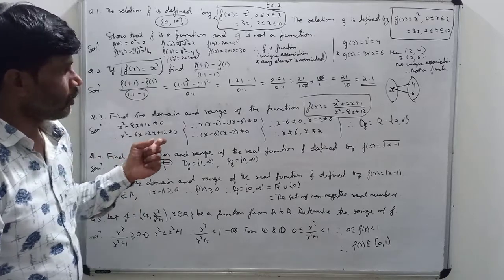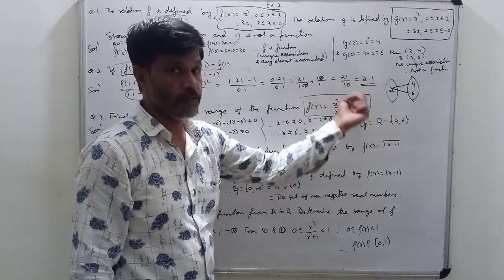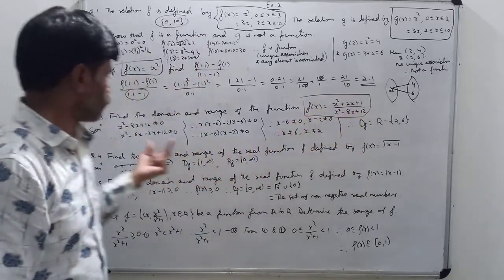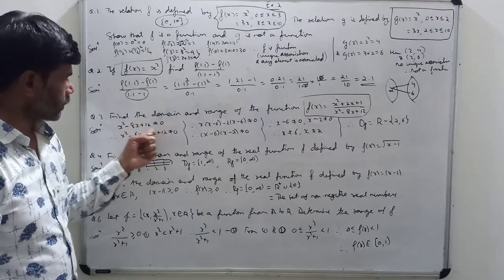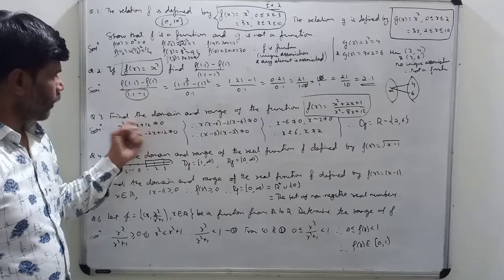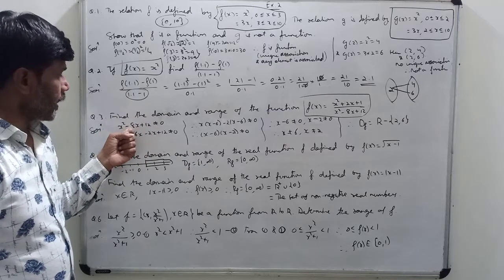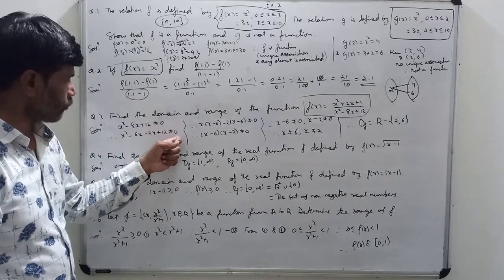Okay. So here if the denominator is 0, then the function will be undefined. So here this denominator should not be 0. Means x square minus 8x plus 12 should not be 0. Means x square minus 6x minus 2x. Here the factors of 12: 1 into 12, 12. What are the factors of 12 such that their addition is minus 8? Minus 6, minus 2. So x square minus 6x minus 2x plus 12 is not equal to 0.